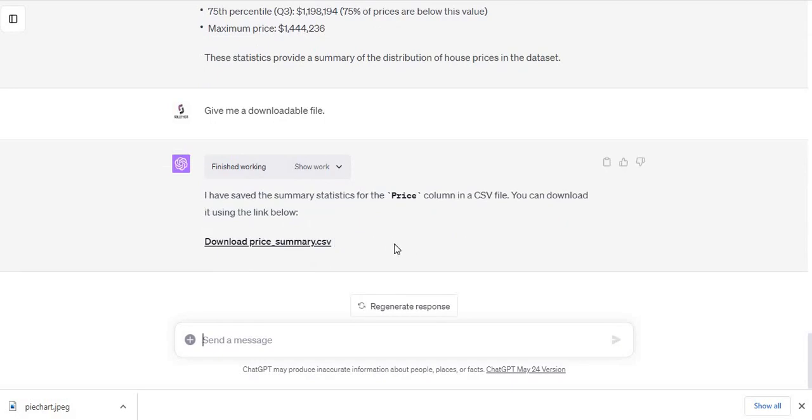Okay, it has given me a download link which I can click and download the file from. Now I'm moving towards a more advanced analysis. I'm going to ask it to please run the regression analysis